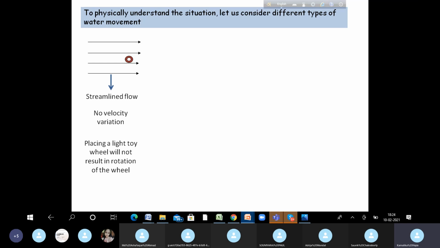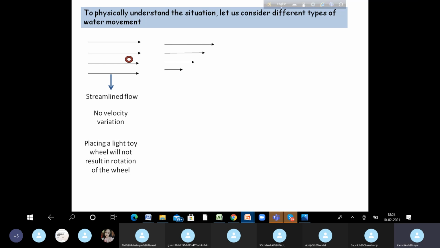Okay, so placing a light toy wheel will not result in rotation of the wheel. Why? Because the velocity with which the different layers are moving is the same. Okay, v is constant, so curl v is 0, so there is no angular velocity related to this particular case. Okay, now